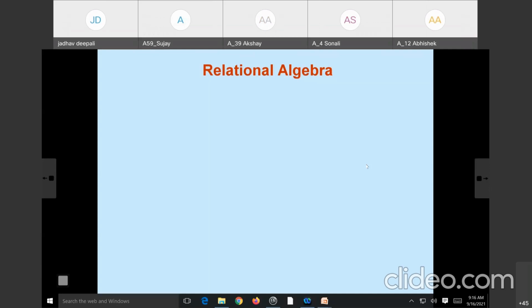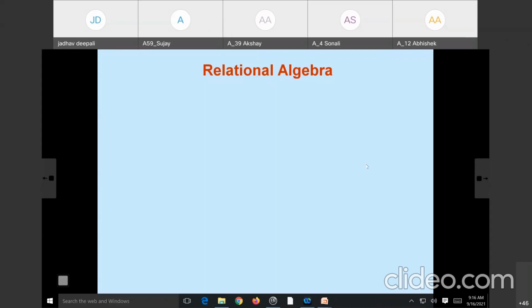Here we started with the relational model. In the relational model, the table is referred to as a relation, a row in the table is referred to as a tuple, and the columns are referred to as attributes. So whenever I say relation, it means a table; whenever I say tuple, it is a row; and whenever I say attribute, it is a column of that table. These are the database-related technical words we are going to use for the remaining part.